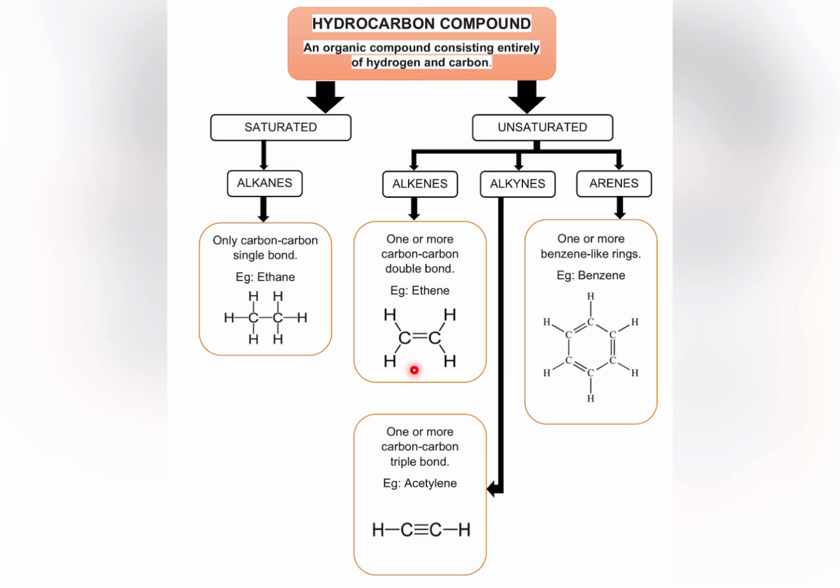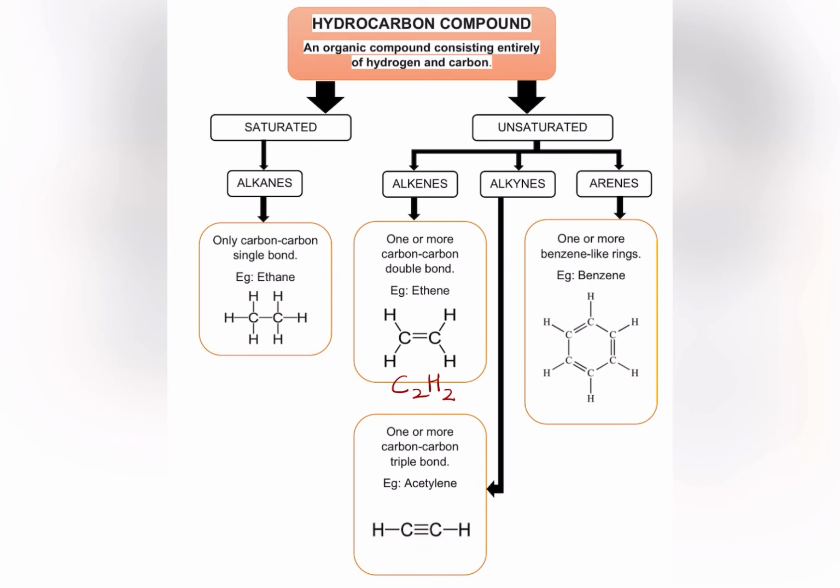The chemical formula is C2H2. The next one, we have alkyne, where it is a compound with 1 or more carbon-carbon triple bond. For example, I got acetylene with 2 carbons attached to each other with a triple bond and 2 hydrogens in its